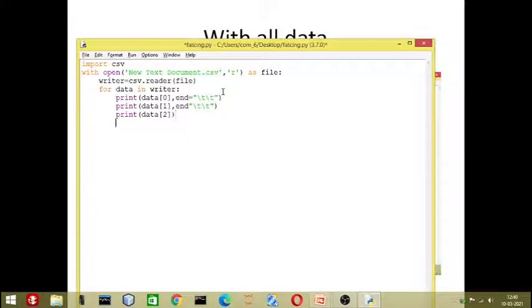Now let us print a message. For example, what message do I want to print? That all data printed. And any other message if you want to display, for example some printing.